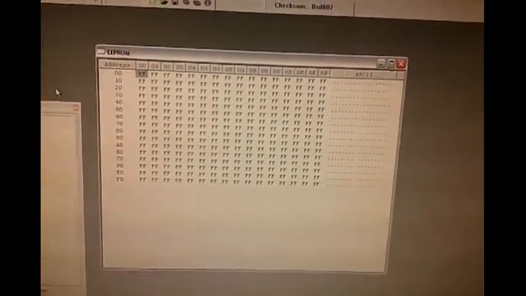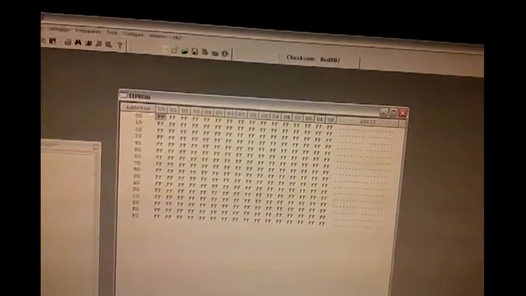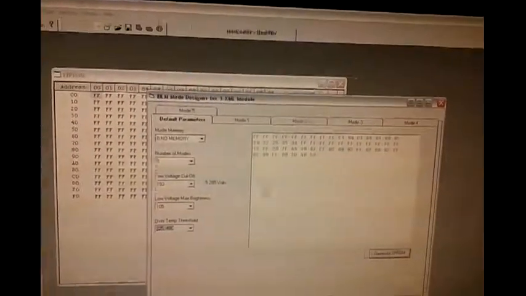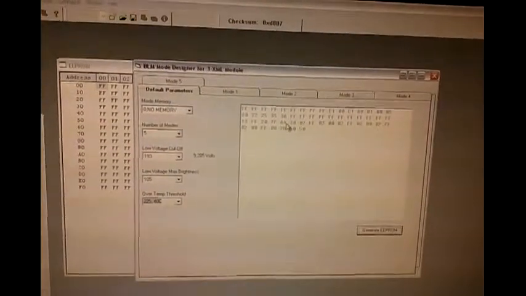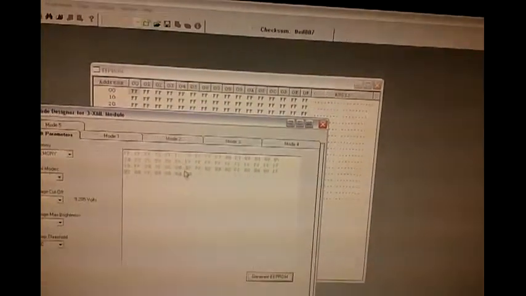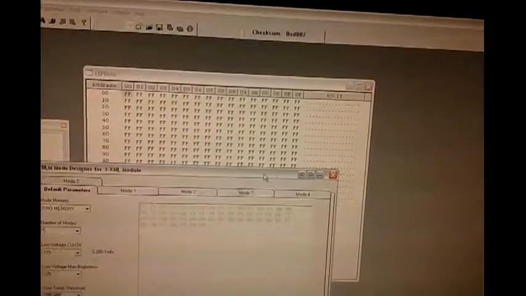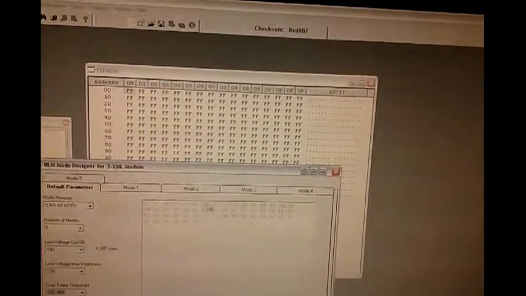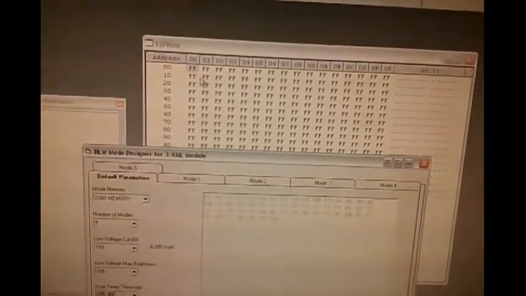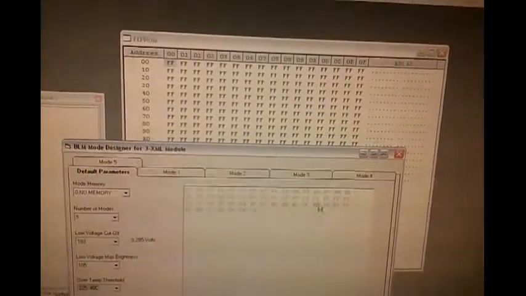So what I'm going to do is use these values right here, and they'll fit perfectly into that space above. Now once we run out of things to type, we just leave them at FF, so it means they're not important at all. So we go back over here and just type them in exactly the way we see them,